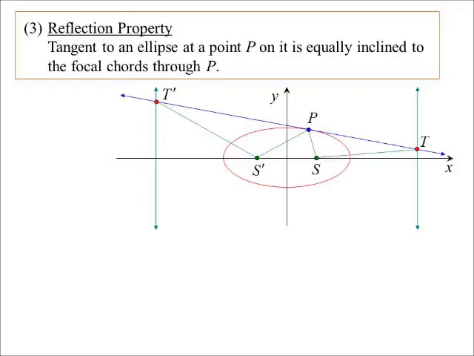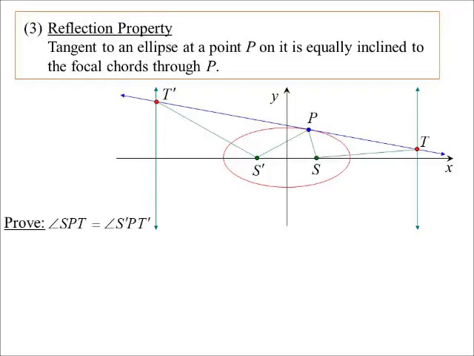Now I've joined up also S to T and S dash to T dash so I can make use of what we just proved, because we know that angle PST and angle PS dash T dash will be 90 degrees, because that's what we just proved. That part of the tangent from the point of contact to the directrix subtends a right angle. So that means those two triangles are in fact right angle triangles, and that may well be useful in this proof. So we're going to prove angle SPT is equal to angle S dash PT dash,